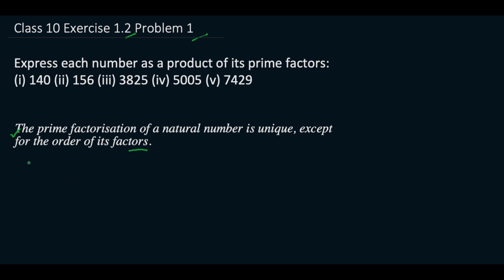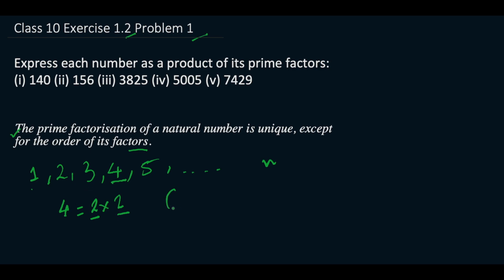Now there are two types of numbers, one is composite and one is prime. So what this theorem is telling you is that any natural number like 1, 2, 3, 4, 5 up to n, we can write all of this in the form of prime factorization. For example, take any number like 4. We can write 4 as 2 into 2. 2 is a prime number, so we wrote 4 in the form of 2 into 2.